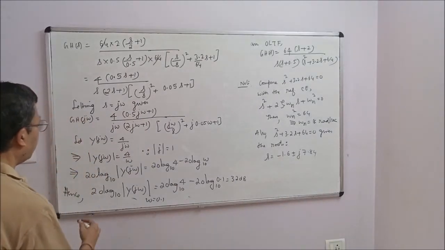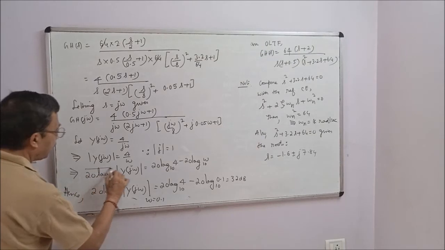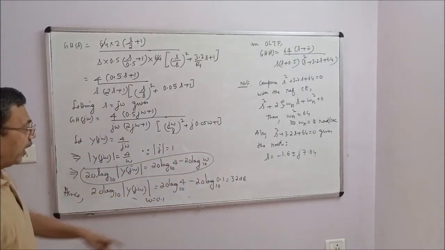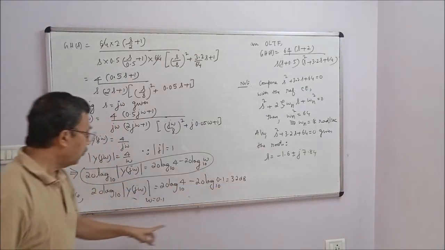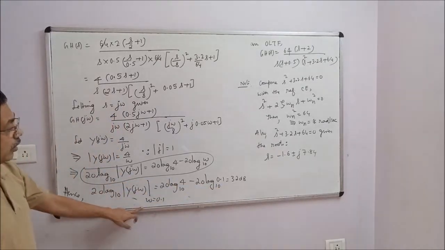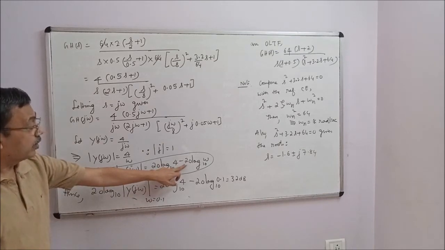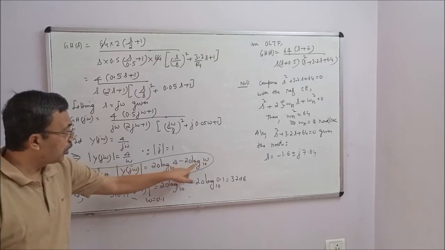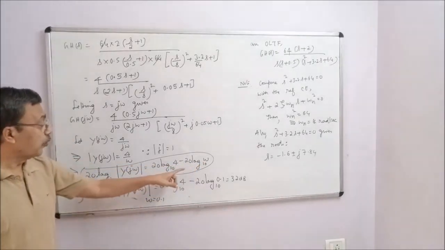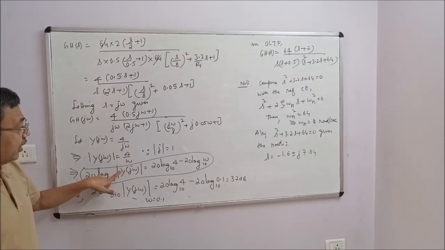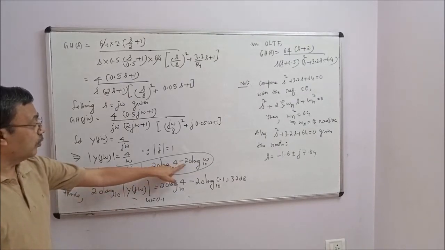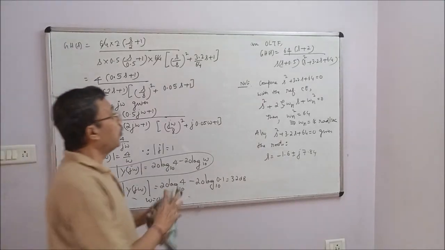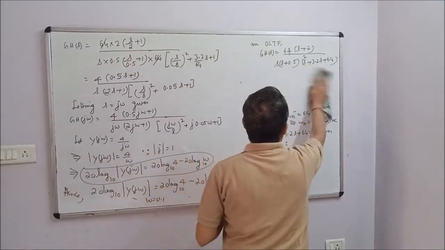So what is important is this equation represents a straight line which has a magnitude equal to 32 dB when omega is 0.1 and the slope equal to minus 20 till omega equal to omega 1. How did you get minus 20? Coefficient of log omega gives the slope. Therefore, this straight line has a slope equal to minus 20 decibels per decade up to omega 1. Next, I will create the table for plotting the magnitude diagram.